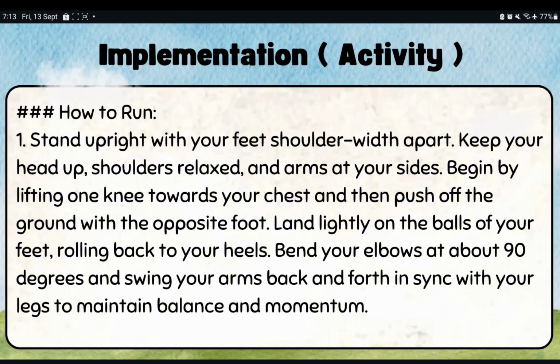Begin by lifting one knee towards your chest and then push off the ground with the opposite foot. Land lightly on the balls of your feet, rolling back to your heels. Bend your elbows at about 90 degrees and swing your arms back and forth in sync with your legs to maintain balance and momentum. Afterwards, the students will write down